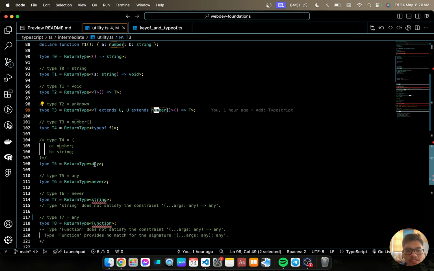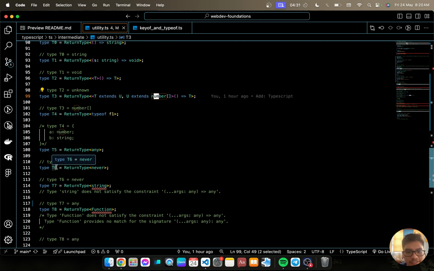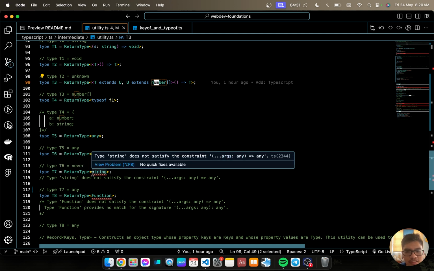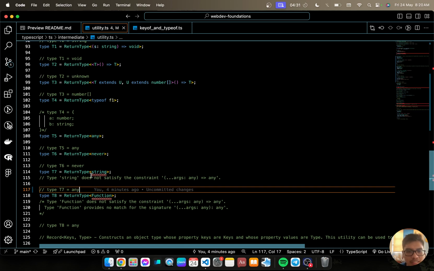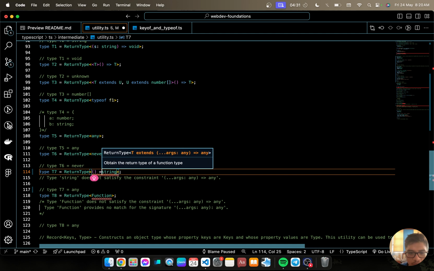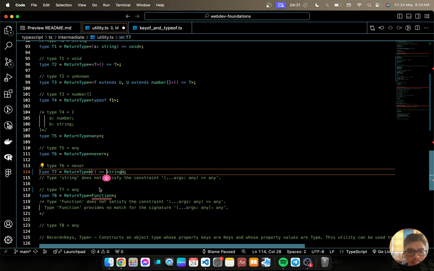Then we have here ReturnType any. So that would be any. ReturnType never. That would be never. Then here, ReturnType string. So as you can see here, type string does not satisfy the constraint args any. Since it's not a function, but when we label this as a function, we already have a return type.